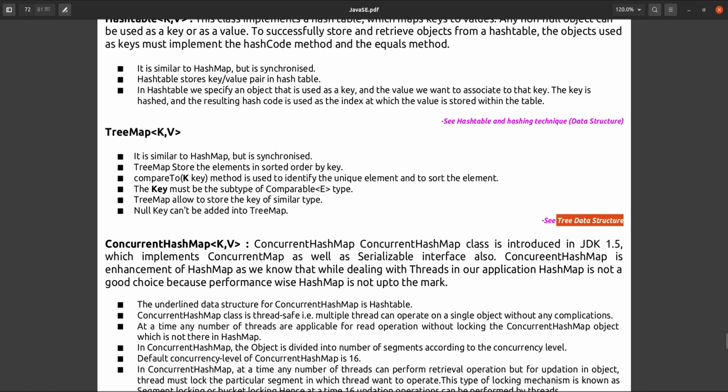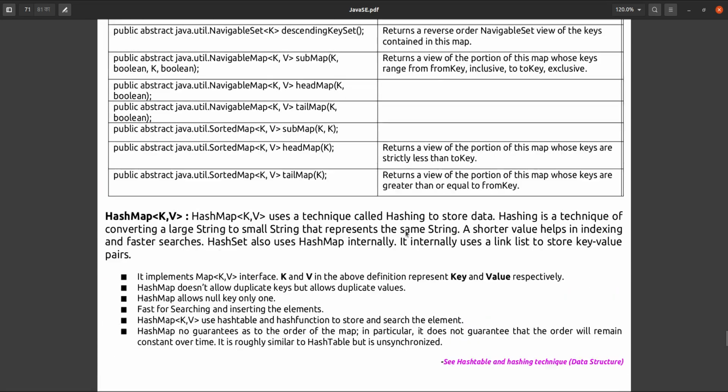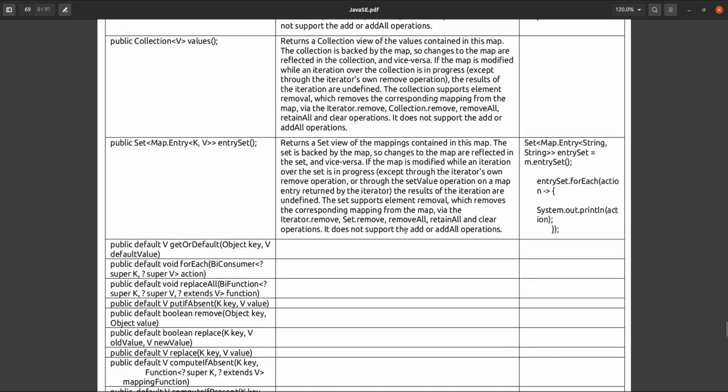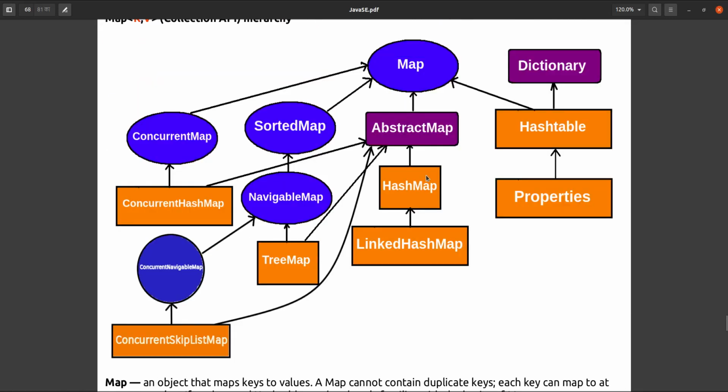Okay, so this is all about the map, which has three major implementations: hash map, linked hash map and tree map. Concurrent hash map, if you want to use, you can use. And concurrent skip list map is similar to that one.